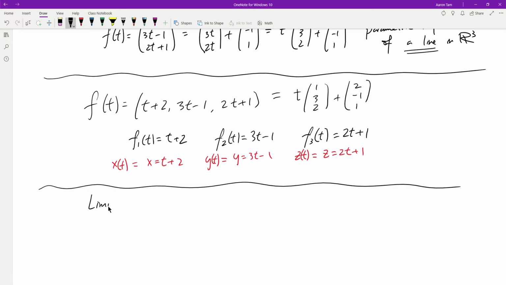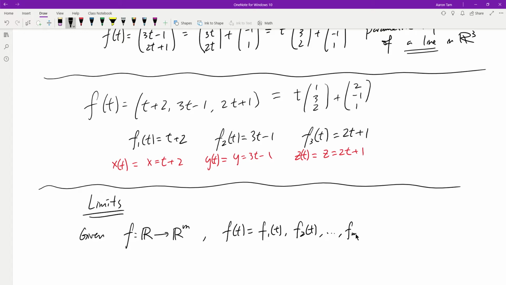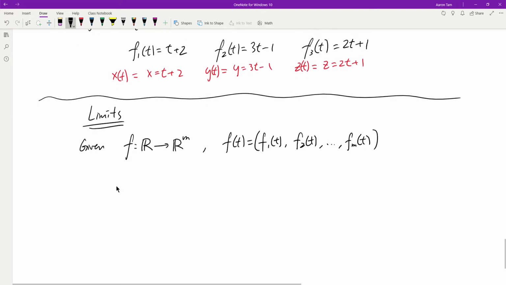Well, let's talk about some concepts that you have learned. How about limits? Here's a definition of how limits work. Suppose I'm given a function f that maps from R to Rm. Let's say in this case, f of t is equal to (f1 of t, f2 of t, up to f sub m of t). This is how we define limits. Then the limit as t approaches some number t sub 0 of f of t